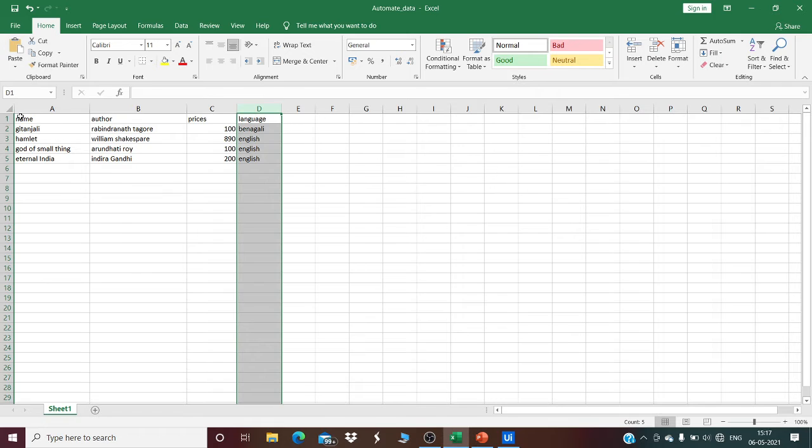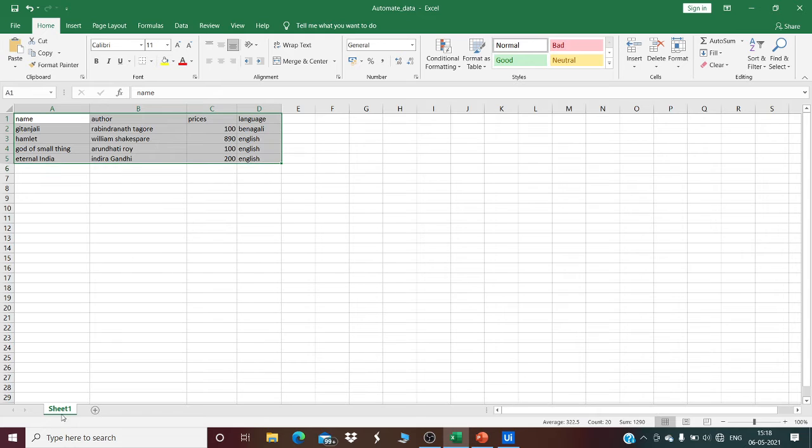This is my data: name, author, prices and languages. 5 rows and 4 columns, and it is named Sheet1. If in your file it is named cinema or whatever, you can add that one.